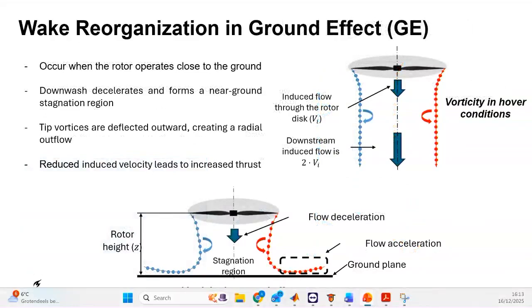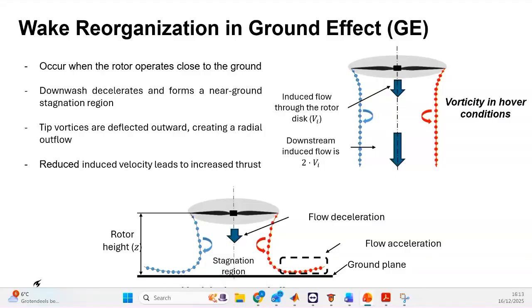Then the next question could be: what happens if we place a solid boundary below the rotor? Because in the previous case we had the flow interacting with another flow, but here we have the flow interacting with a solid boundary. So here, when the propeller approaches the surface,